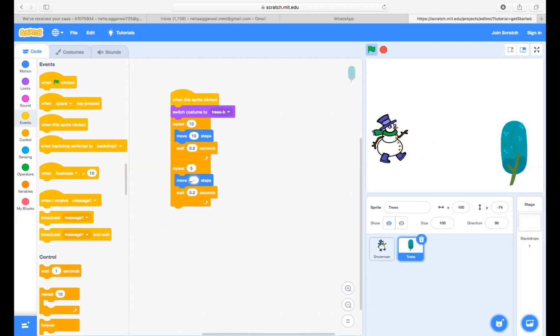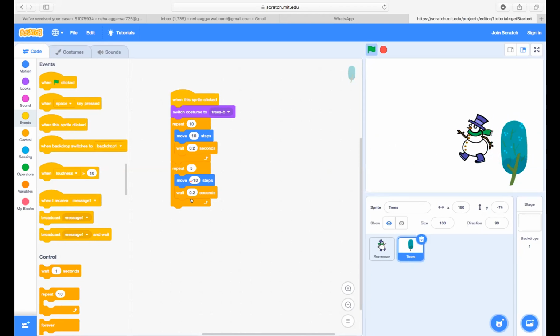Minus 10. Sir, I guess the switch costume should be below the second, above the second repeat block. Yes, you can change it to see which one you like the best. So that's what we are doing in coding. Yes, sir, this looks better because when it's going, it comes back in the same direction, looking the same way.